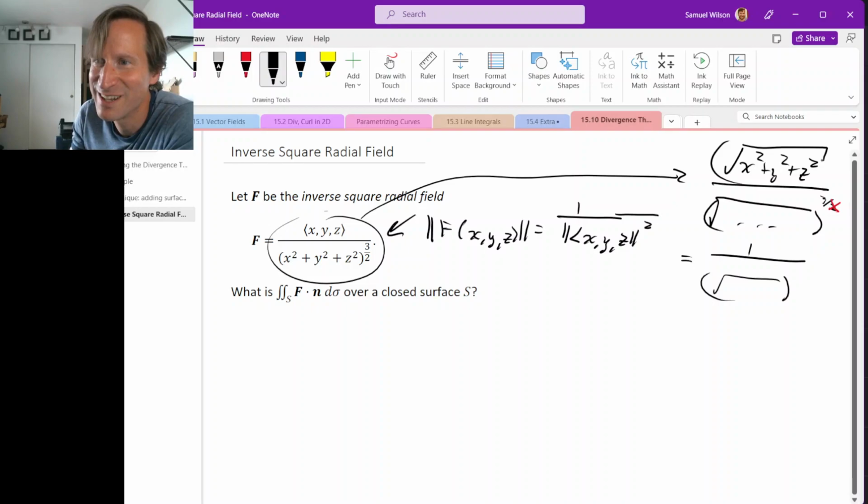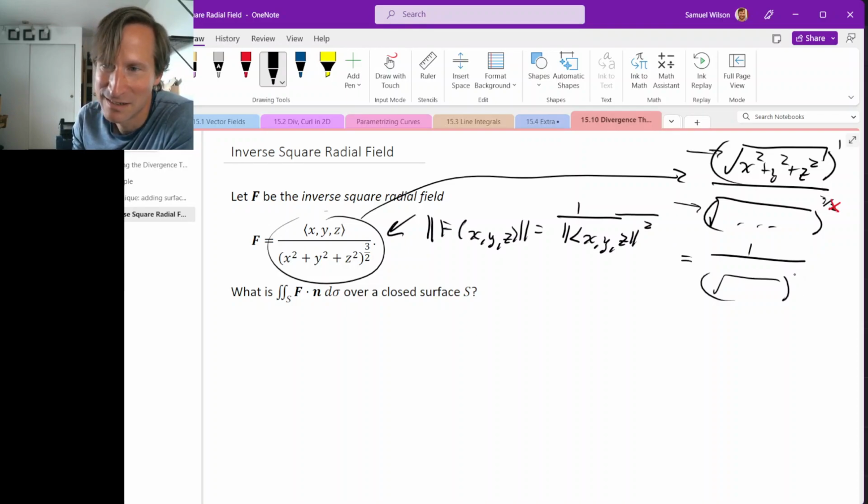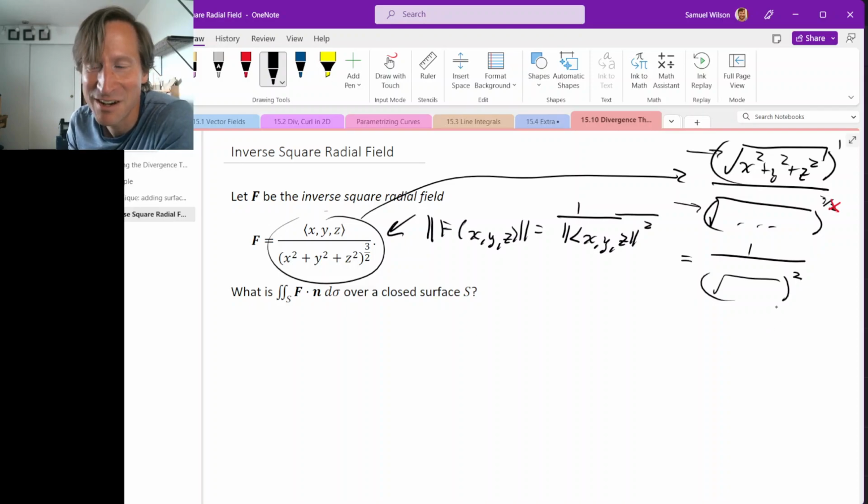So there's 1 factor of the square root in the numerator. There's 3 factors of the square root in the denominator, and so when you cancel them, you get 2 factors of the square root in the denominator, right? So this magnitude and this square root is exactly this magnitude, right? So